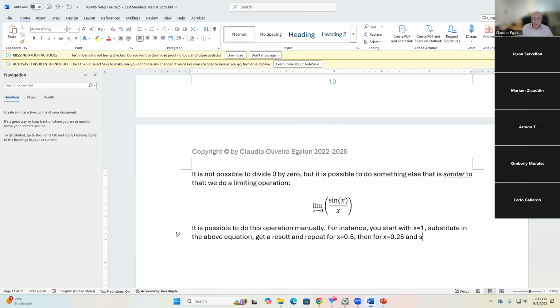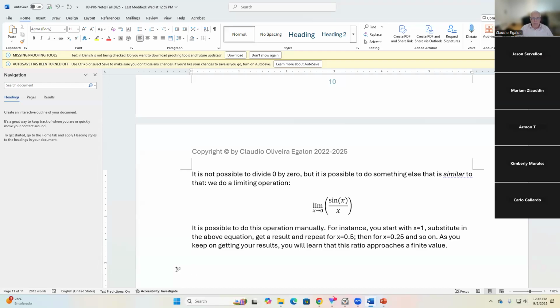And so on. Think about doing that manually. As you keep on getting your results, you will learn that this ratio approaches a finite value, okay? And if you have seen that before, you should know what this ratio should be equal to. I'm not going to tell you yet, but think about that. What number do you think you're going to get if you do this operation, right?